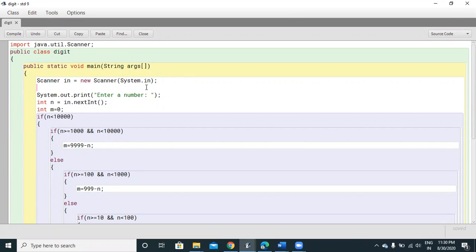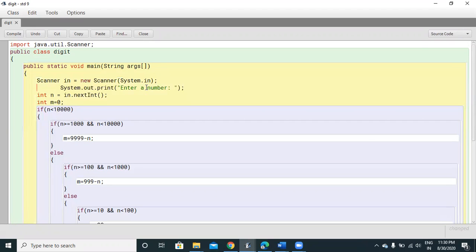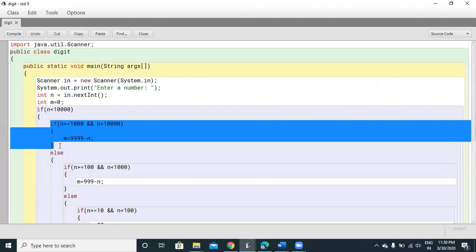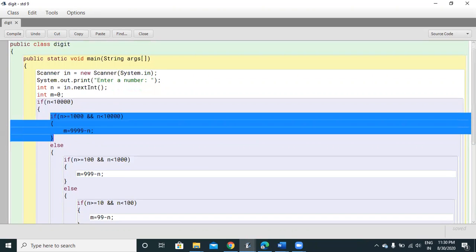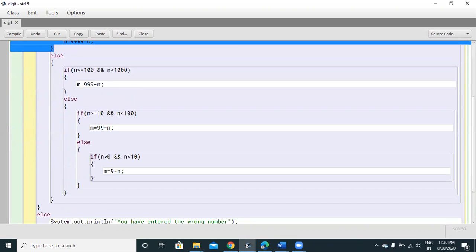If it is, then it goes into that if block where I first check whether it is a 4-digit number or not. If it is a 4-digit number, then you can see I am deducting that number from the greatest 4-digit number, that is 9,999. Else we check for a 3-digit number. Similarly, we deduct that number from 999 to see how much has to be added to form the biggest 3-digit number, and gradually for 2-digit and for 1-digit.